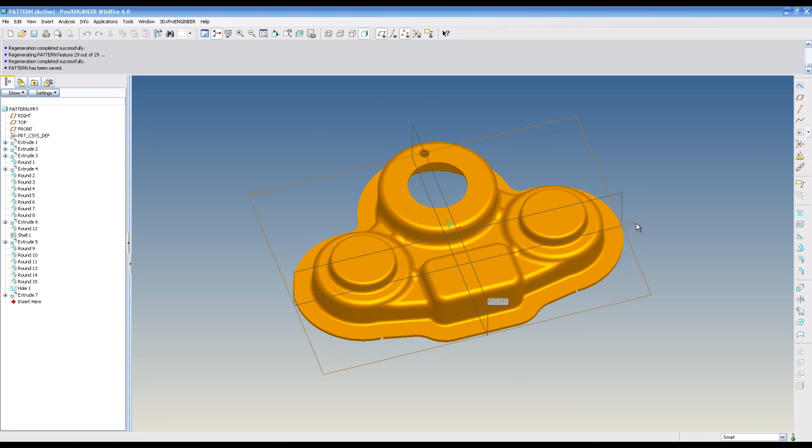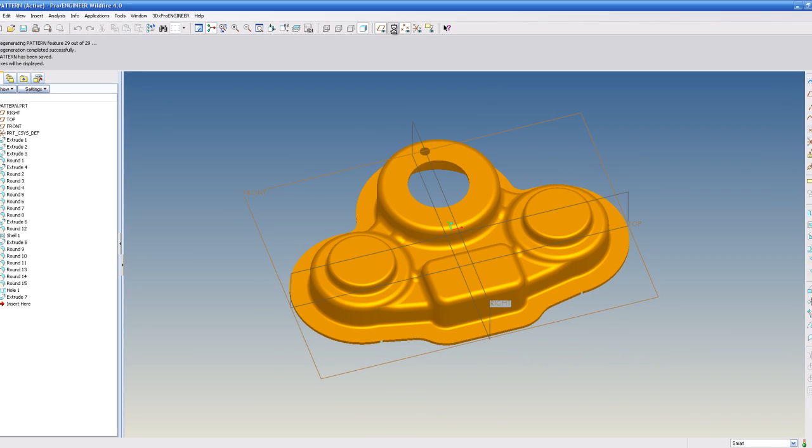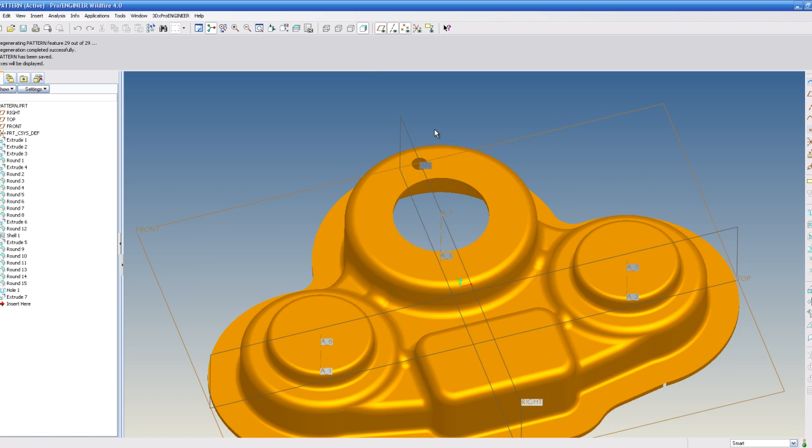Hey guys, this is Steve Corian from the PTC community, and today I'm going to show you how to pattern a hole along a curve and how I make it work. It's kind of quirky, and I'm going to show you first how to pattern normally, which is probably the most